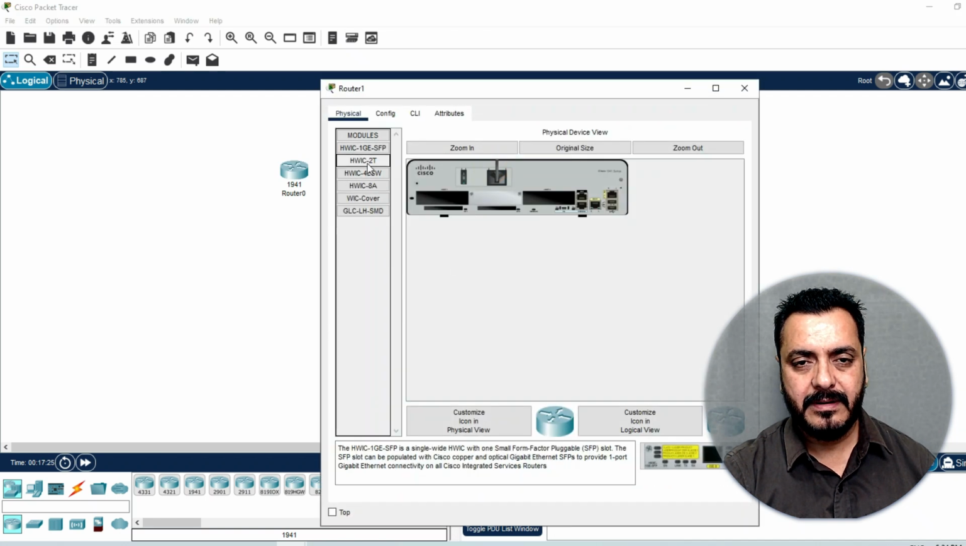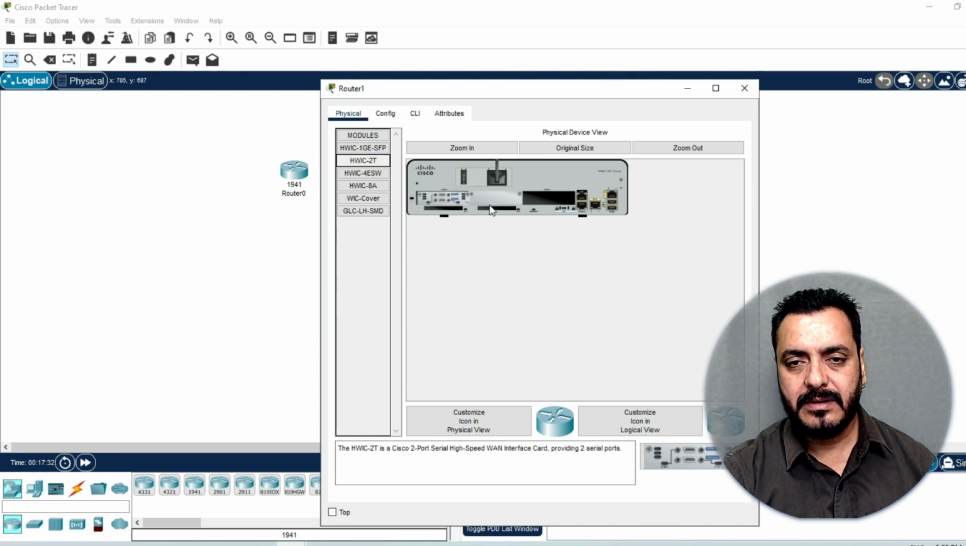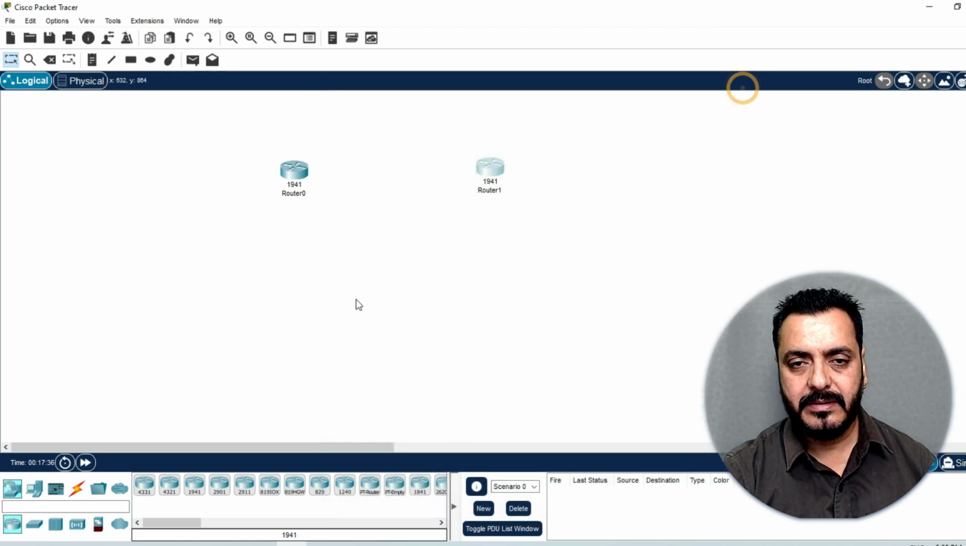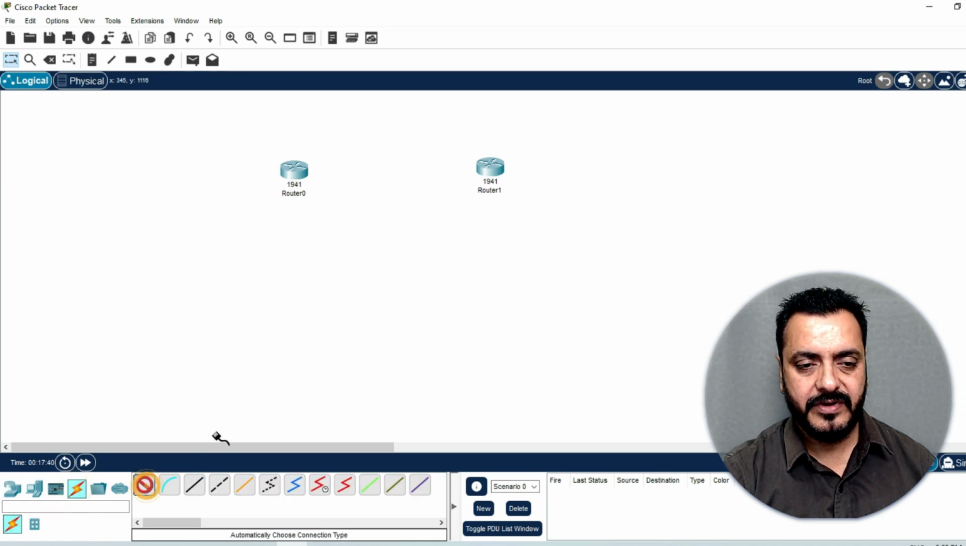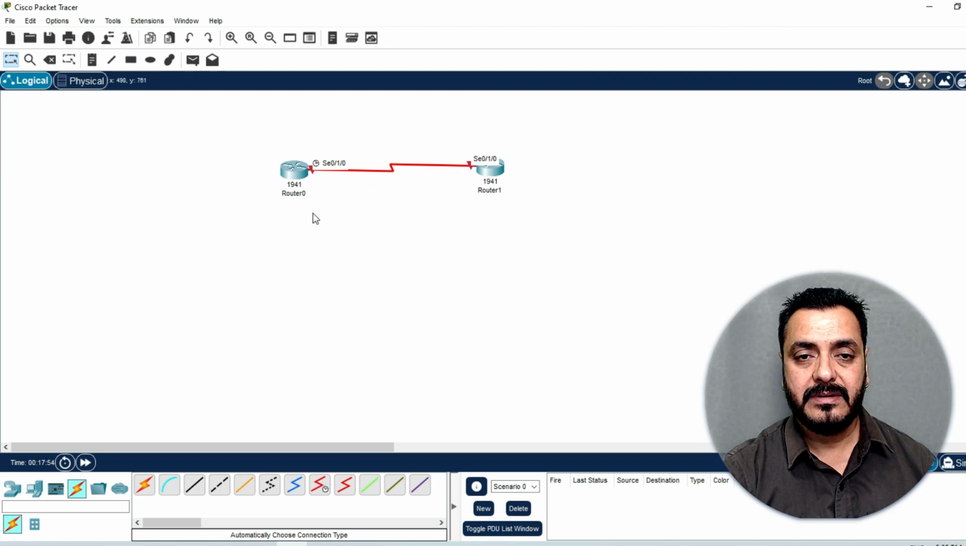Again, we have to attach a WIC card to the router. Now we can connect these two routers with the help of ISP link, that is known as lease line or WAN connection, like this. That means these two routers or locations are connected with a WAN lease line,